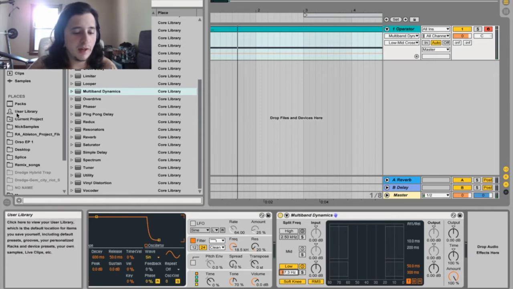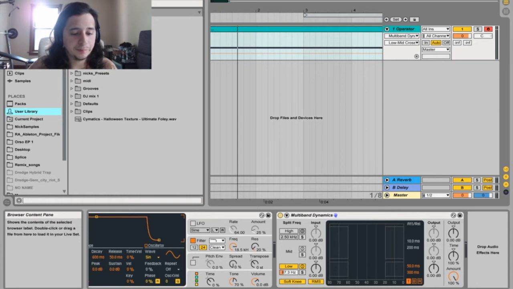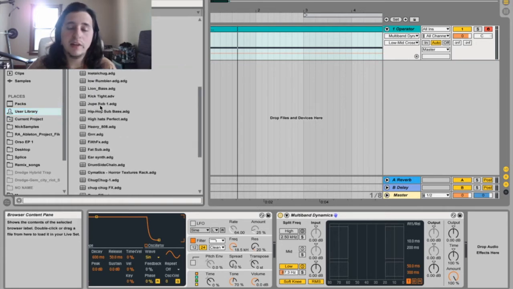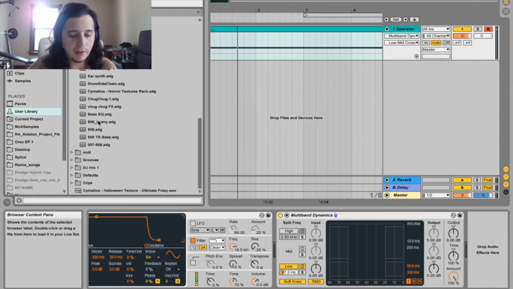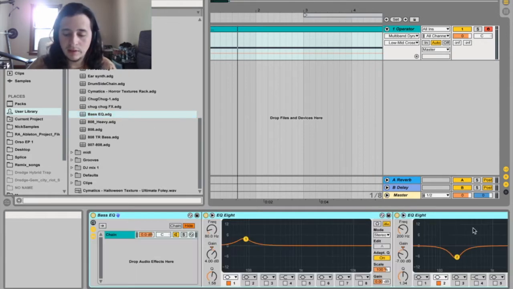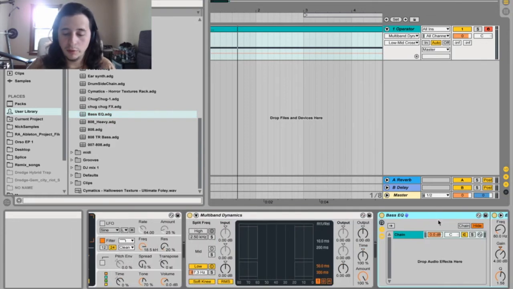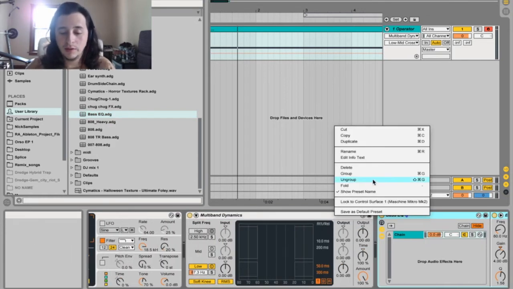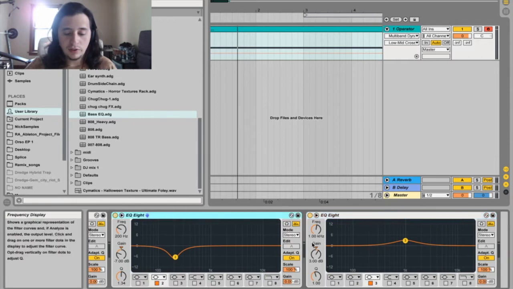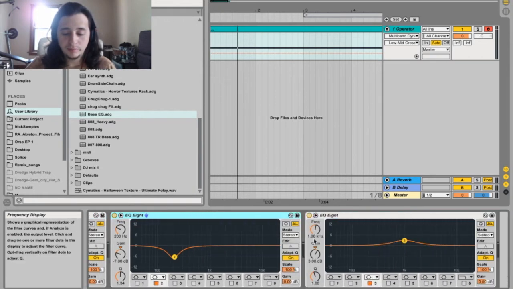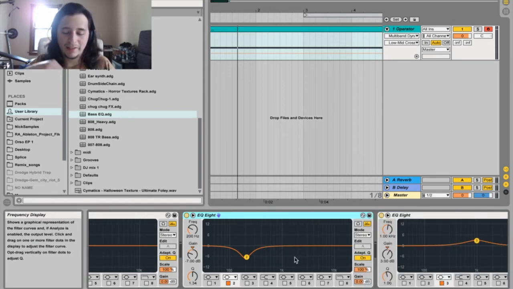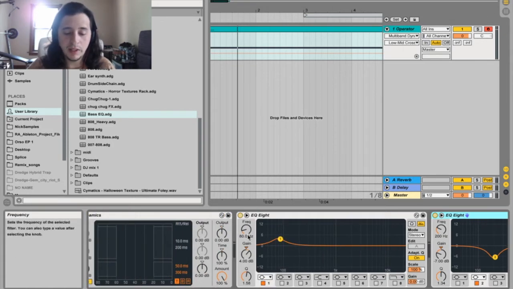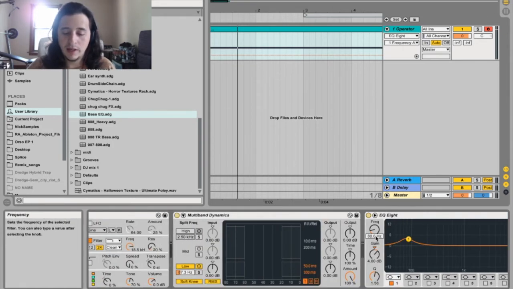And then if I go into my library here, and I already have this preset made, but I'll show you how I made it. It's called Bass EQ, and I drag that in and ungroup it. Well, I like to ungroup it. And it's just 3 separate EQs, like boosting the lows, it's just sculpting your bass really. And this is how I set mine up, but I'll change this to 87,